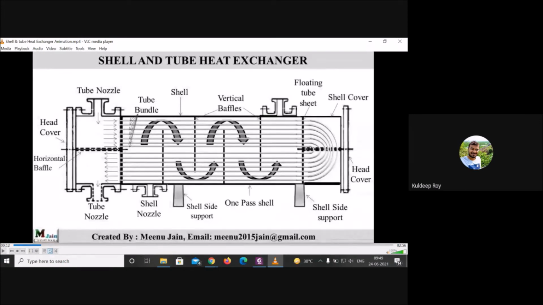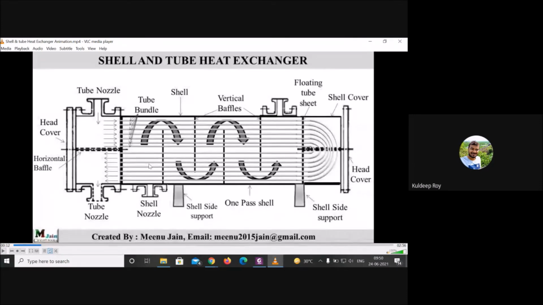If somebody asks about highly viscous fluid, then definitely you would say we will flow it inside the tube. If the tube corrodes or gets damaged, or any kind of scaling or fouling happens, you can easily replace your tube. Generally, people flow good quality fluid like water on the shell side, a fluid which cannot cause any corrosion or fouling inside the heat exchanger. Just keep this in your mind.